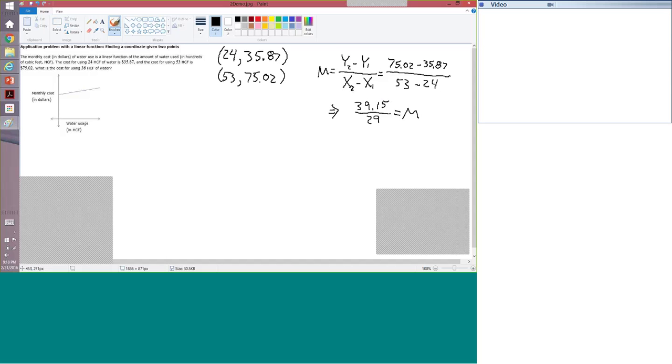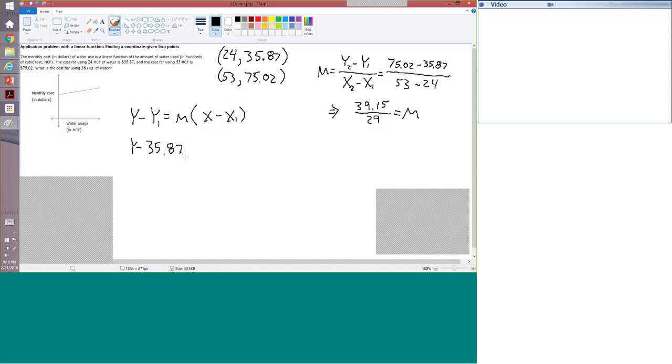Now we can use the formula y minus y1 is equal to m times x minus x1. Oh boy, I'm really going to want a calculator in a second here. I might have to run and grab mine real quick. We can grab either one of these points to fill in for x1 and y1. I'm just going to grab the top one because that's kind of convenient in a way. So we have y minus